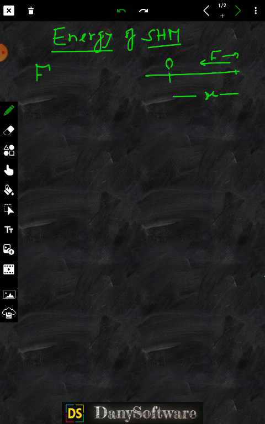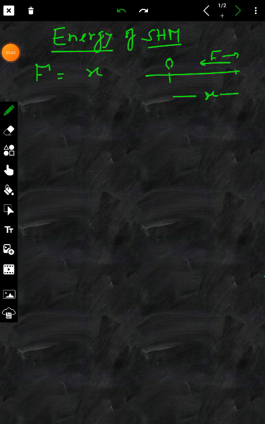So this restoring force is equal to what? It is equal to this displacement x with a minus sign and some constant here. Let me write it by c. We have to find out what kind of constant; it depends upon the kind of oscillator we make use of here.